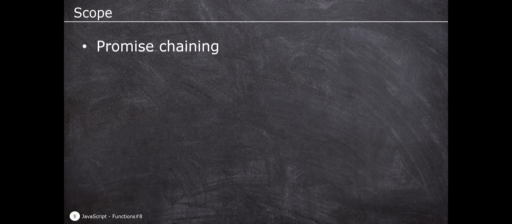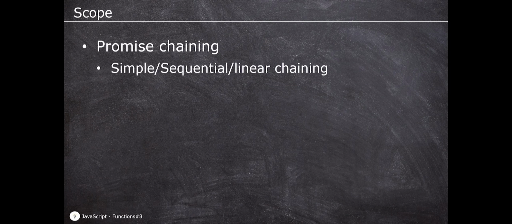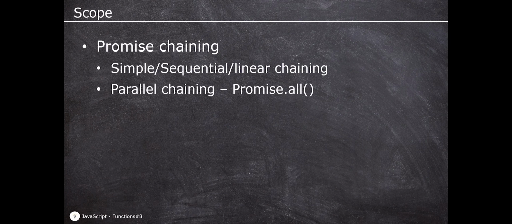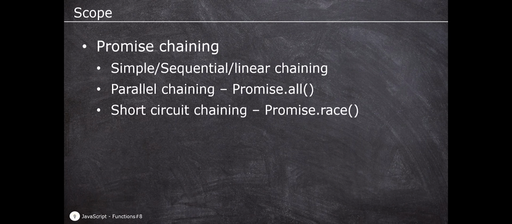For this, we will cover the topic of promise chaining and start with the sequential chaining, which occurs when multiple operations are chained together in a sequence. Then we will learn about parallel chaining using Promise.all method, which resolves when all promises resolve or rejects if any promise rejects. The short circuit chaining, which uses Promise.race method, which resolves or rejects with the result of the first